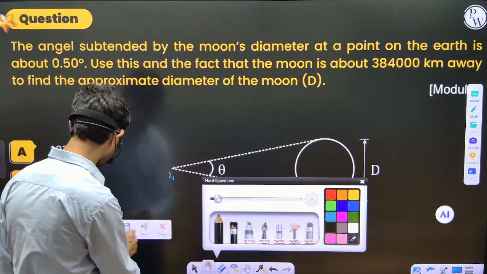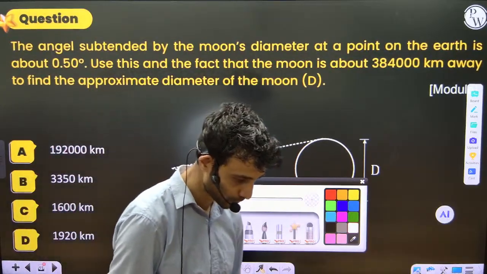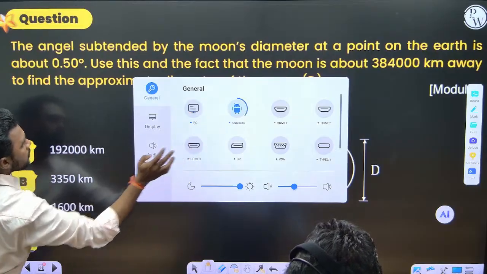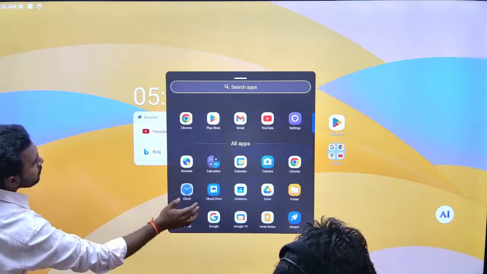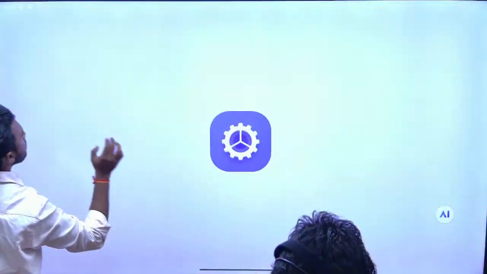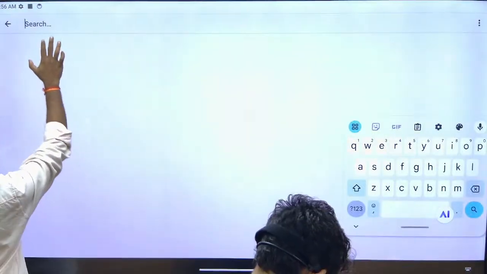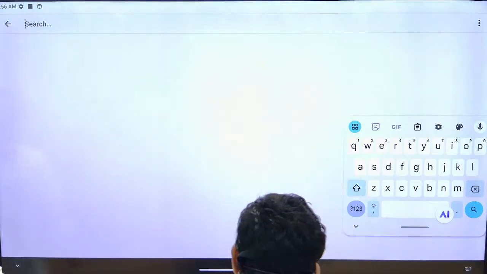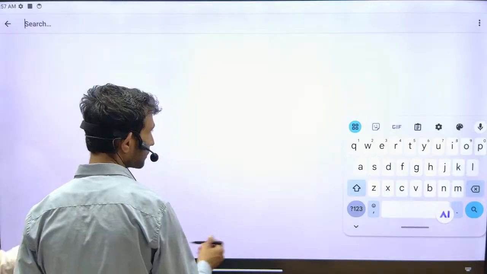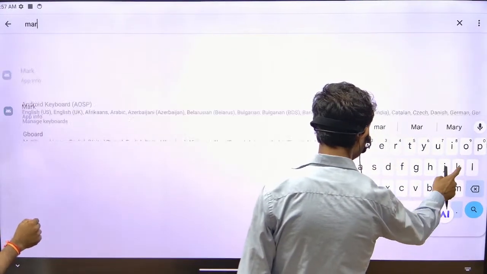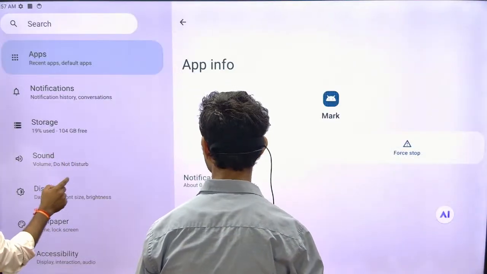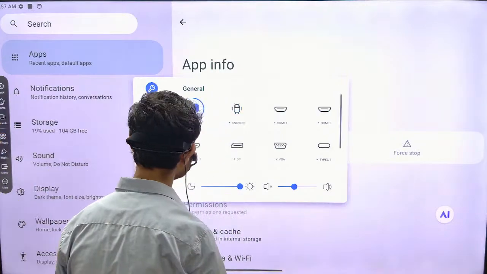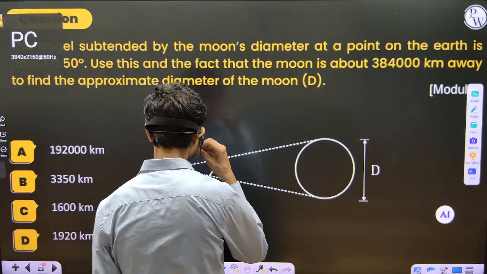I'm writing here, it is coming in this way. Can't we delete this app? Okay, so